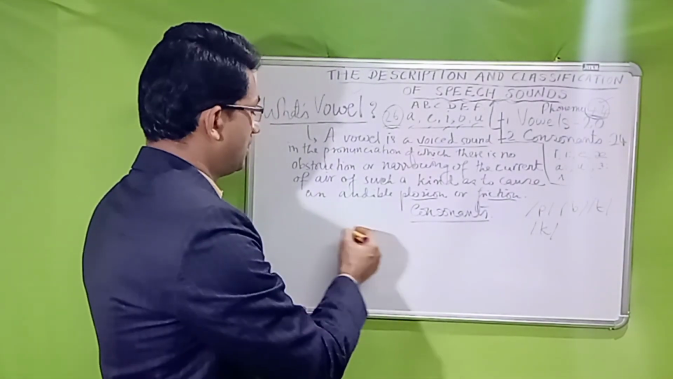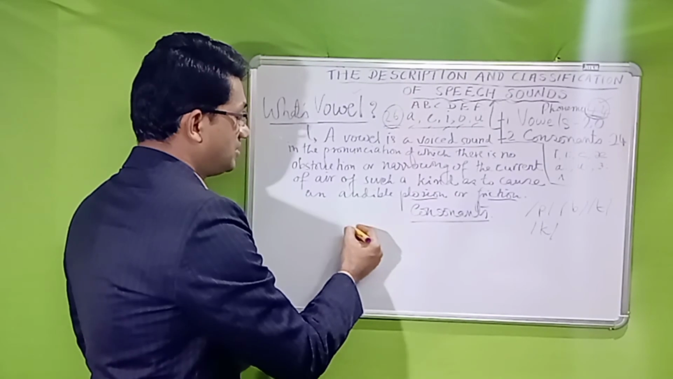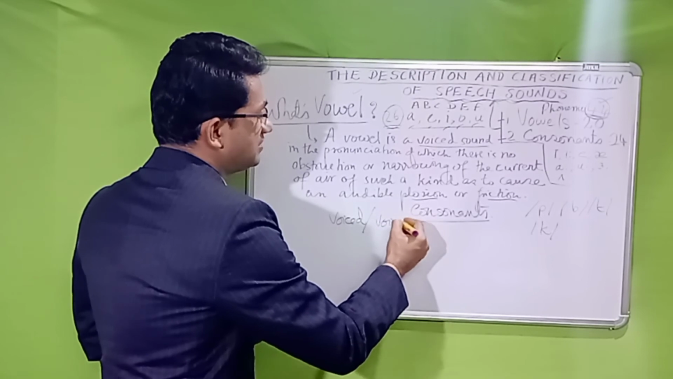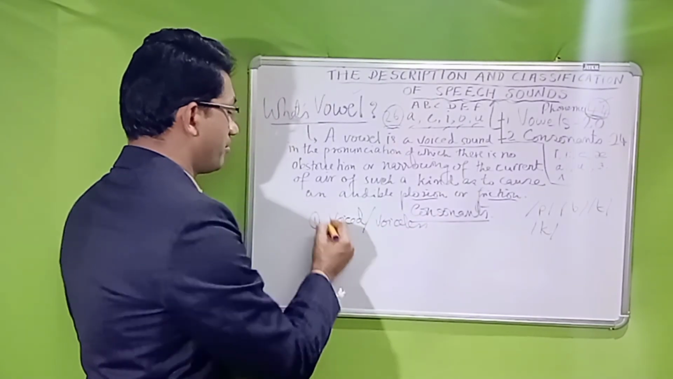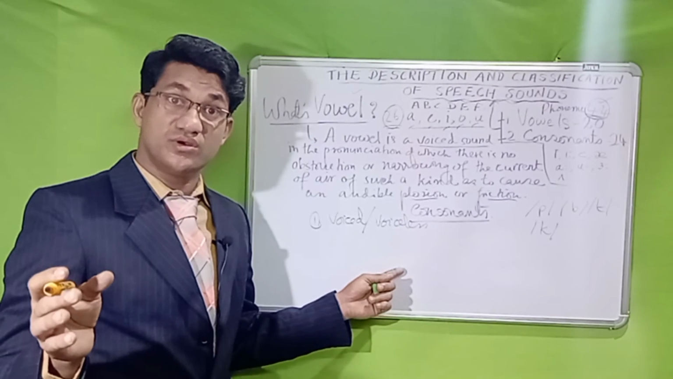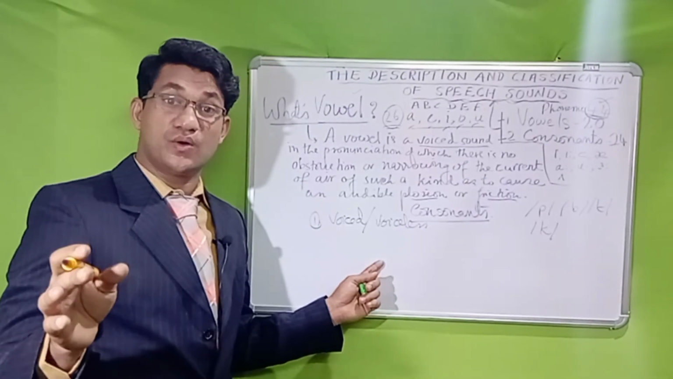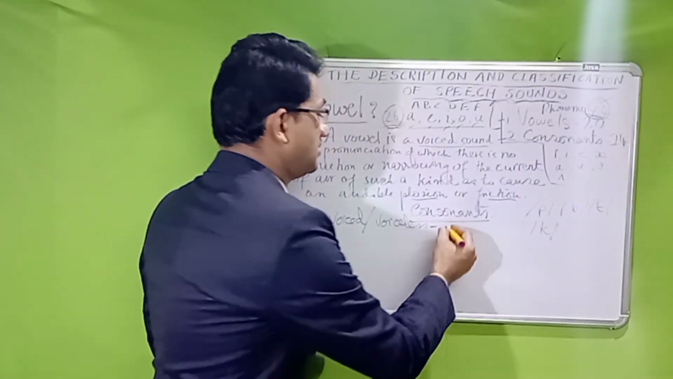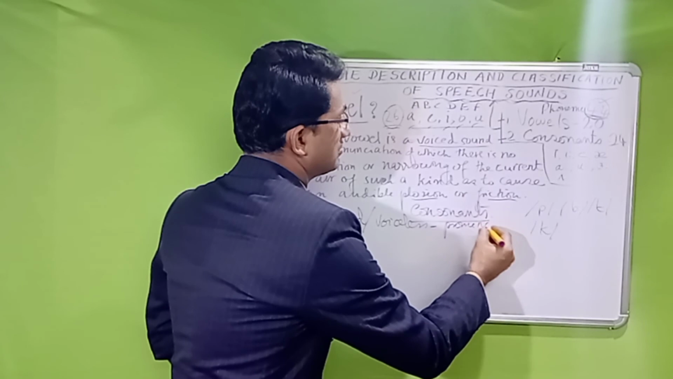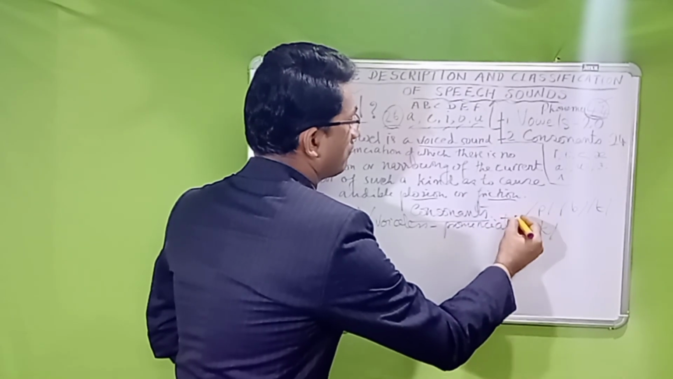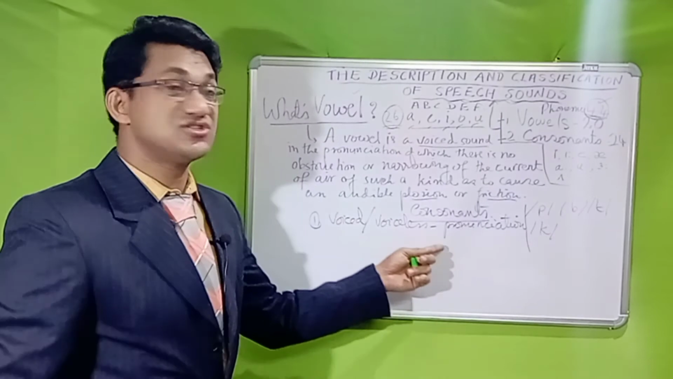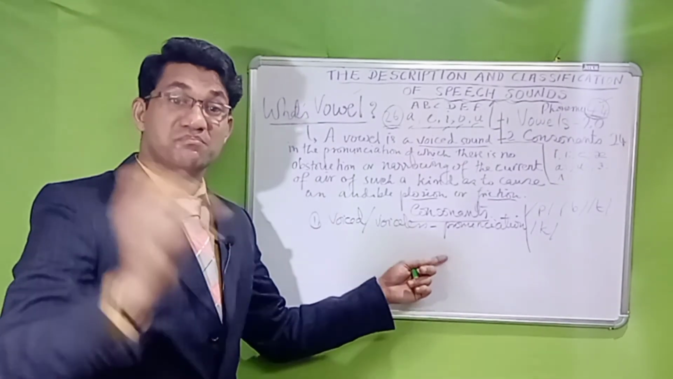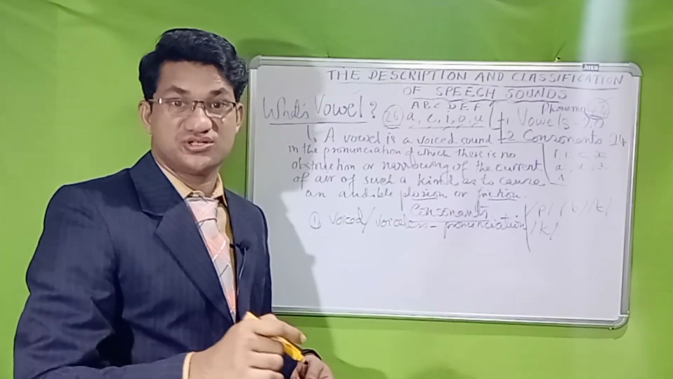What is a consonant sound? A consonant is a voiced or voiceless sound. This is the first thing we have to remember. A consonant sound is a voiced or voiceless sound in the articulation of which, in the pronunciation of which, there is either a complete or partial obstruction of